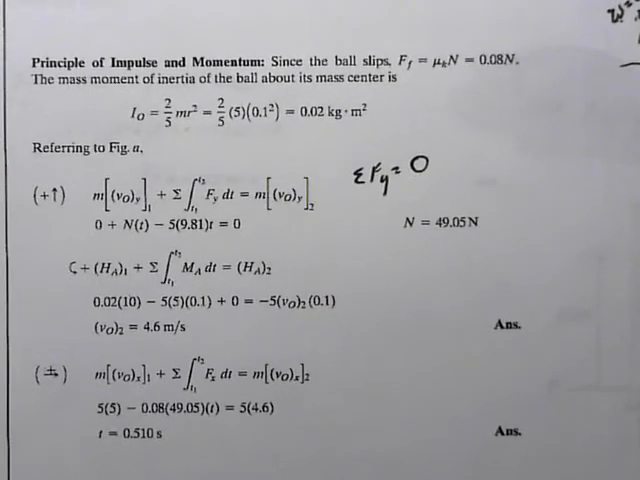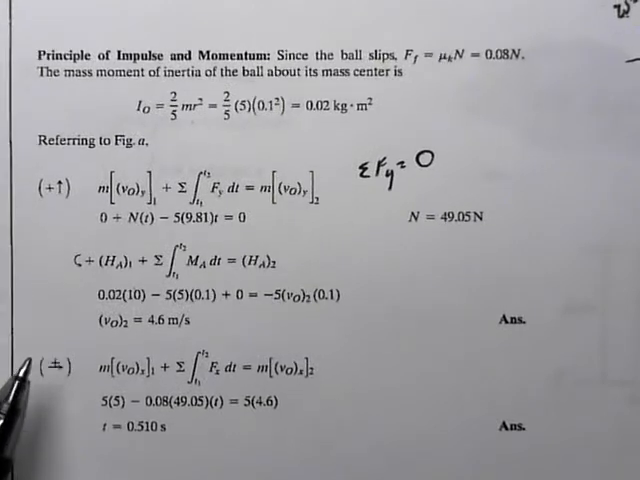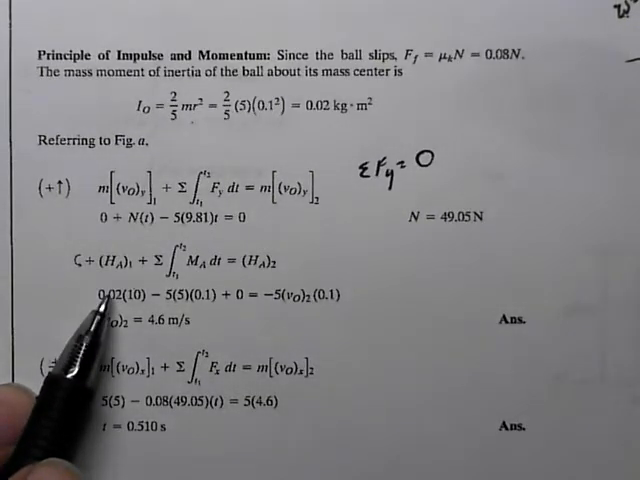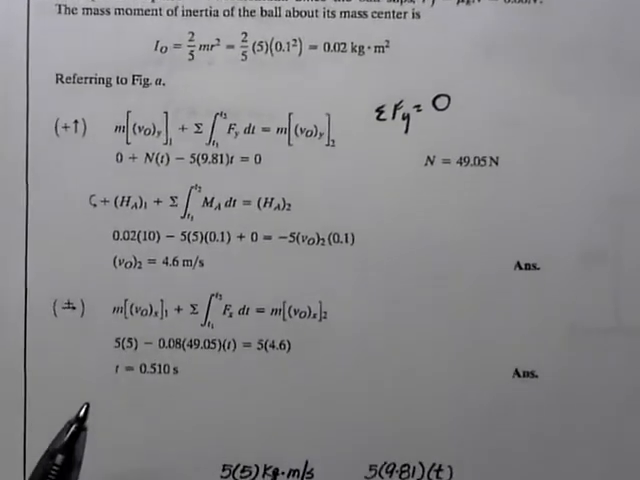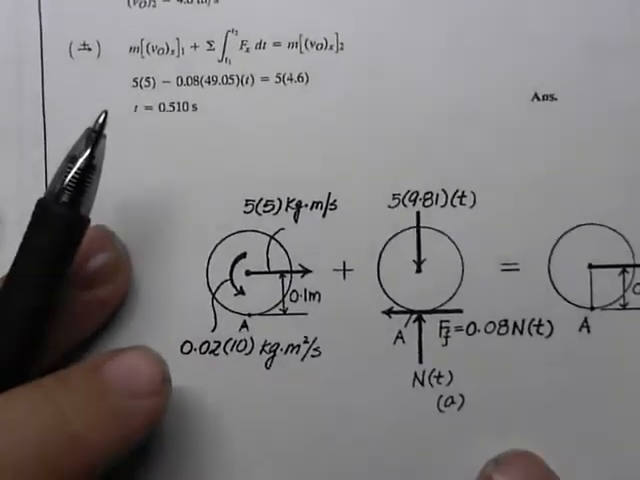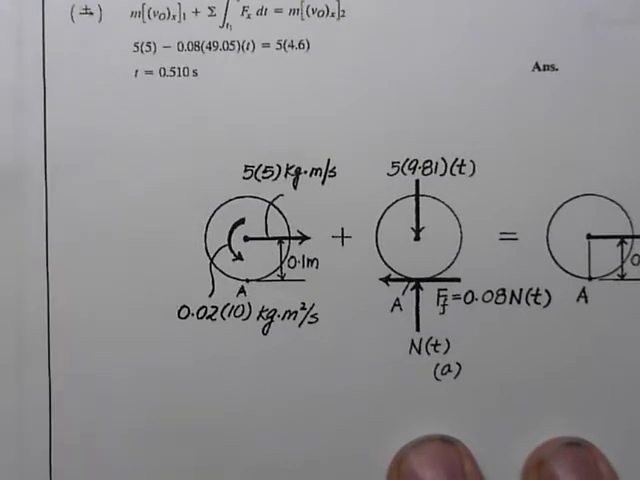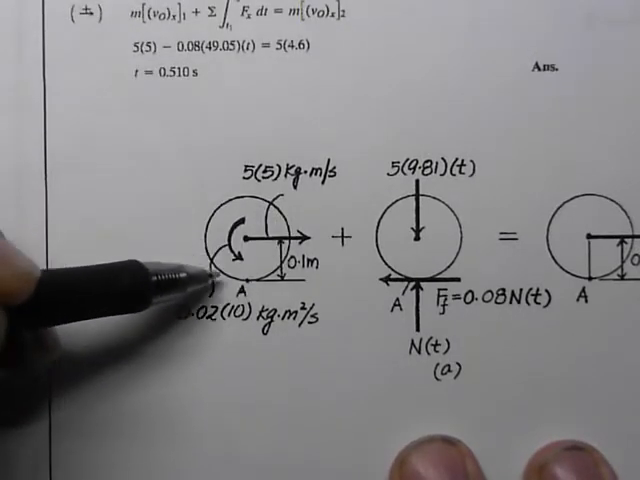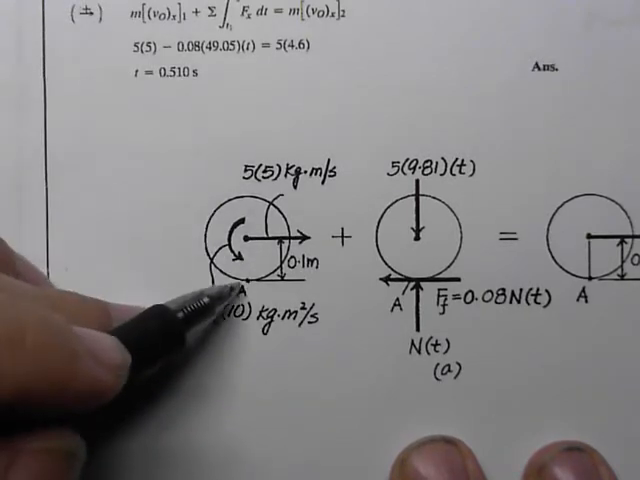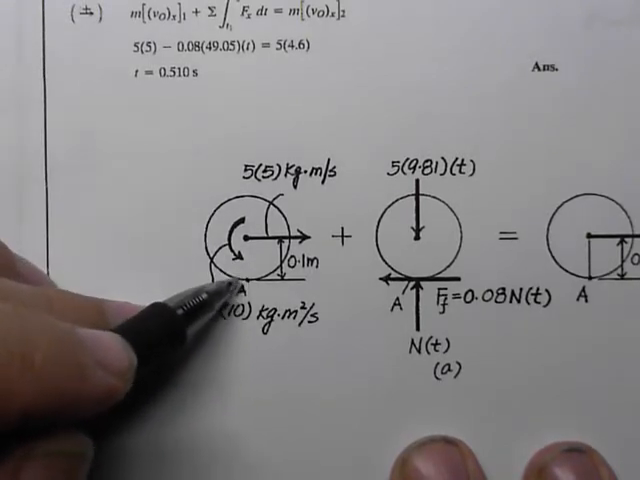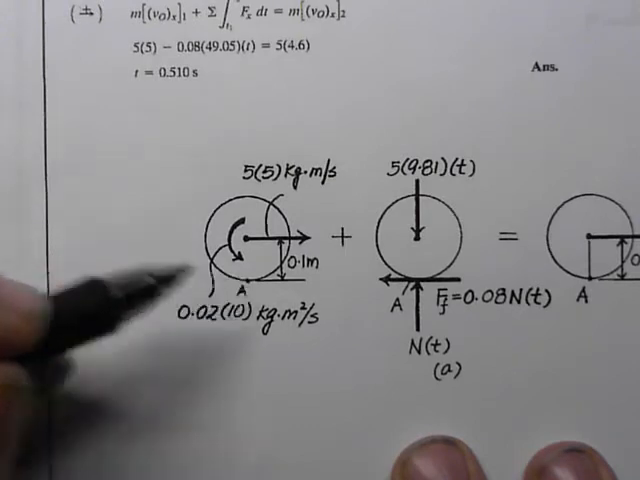And let's see, now we've got to look very carefully and do this right. This is about point A. And to get point A, you need to look at the diagram that we have here. So this is our sphere. Point A is the contact point, which is the instant center. And if we're going to do angular momentum about point A,